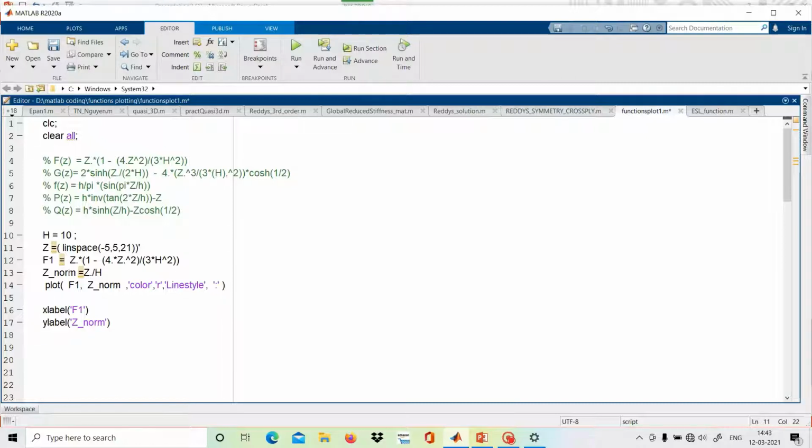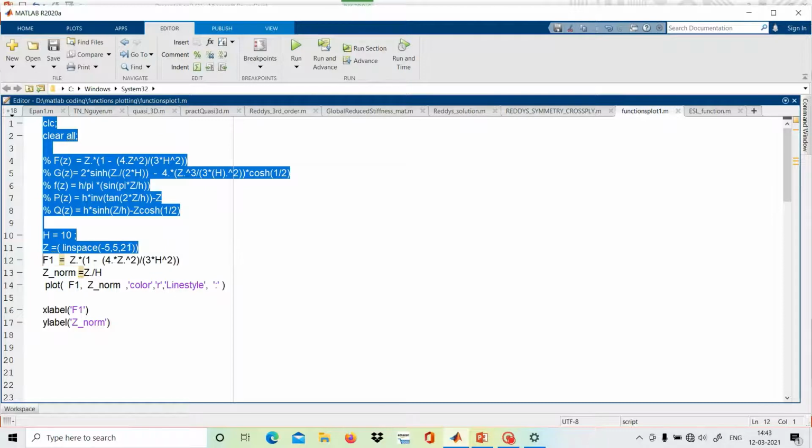Okay, and then corresponding to each we have just given here transpose. This sign is transpose. So why have we given this transpose? Because we want a column vector. If we remove it, it would not be a column vector, it would show a row vector value. So we can also see if we remove it and run this, save it, and we will run up to this value.